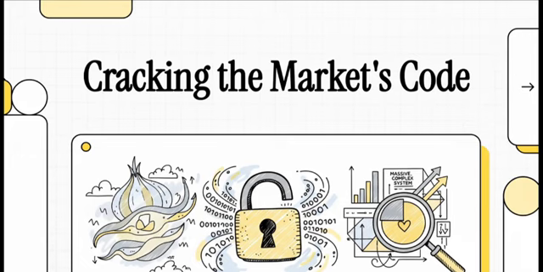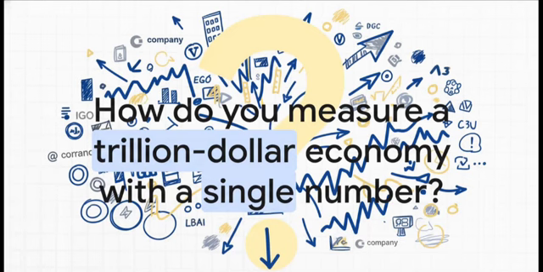We're going to crack the code on those hidden risks and demystify the single most important tool we have for making sense of it all. Let's dive in. I mean, just think about it for a second. You've got thousands of companies, millions of trades happening every minute, and trillions of dollars flying around. It's pure chaos. So how in the world do you boil all of that complexity down into one simple number that actually means something? It sounds impossible, right? Well, that is the exact problem that a market index was invented to solve.